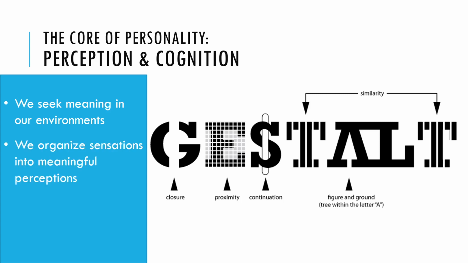That's how we're organized. The job of our perceptual system is to collect the information from our sensations and make it into something meaningful. I'm pretty sure you can read that word Gestalt, even though some of those forms you're looking at aren't even officially letters, or might even be letters that are actually upside down, but in that context you can figure out what it is. We're always trying to make what our sense organs are collecting into something meaningful.